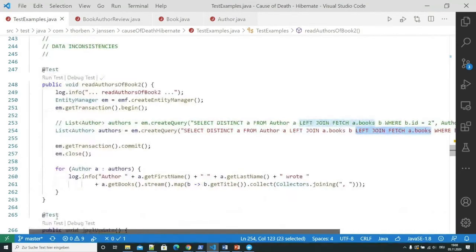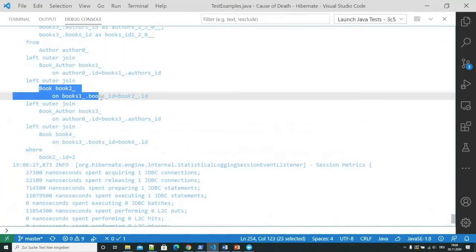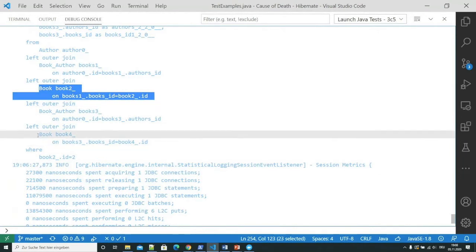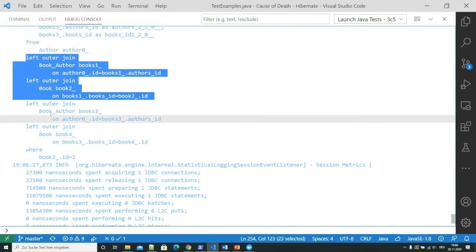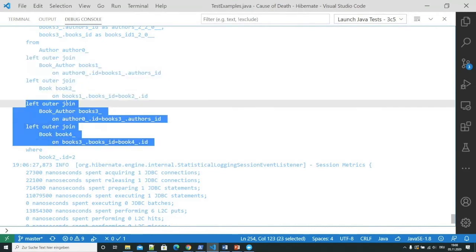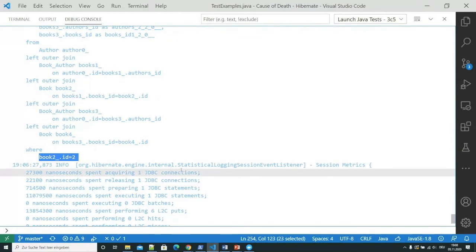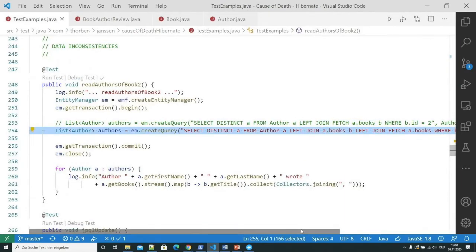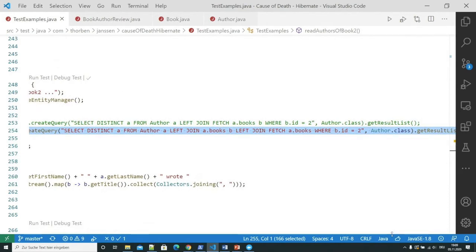And if we then take a look at the SQL statement, we also see here that we have 2 joins from the author to the book author and then to the book, and the same down here. The first one, the book 2, gets then used in the where clause and limits the actual result. And yes, this query down here is more complex and slower than the previous one. I totally agree, and I know that this always causes discussions.